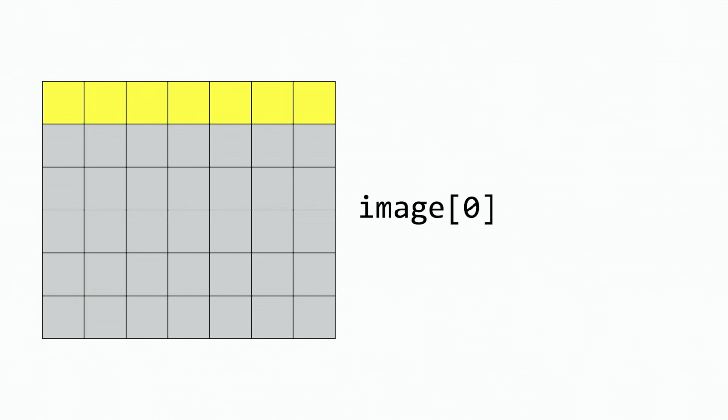But how do you get a very particular pixel in that image? Well, image[0] is a row of the image, which itself is just an array. So if image[0] is the first row of the image, image[0][0] is going to be the first pixel in that first row. image[0][1] is the second pixel in the row. image[0][2] is the third pixel in the row, so on and so forth. And we can use this notation to access any pixel in the image. image[2][3], for example, is the pixel in row 2 and column 3 of this particular image.